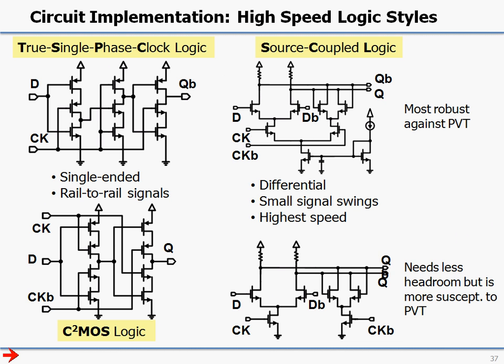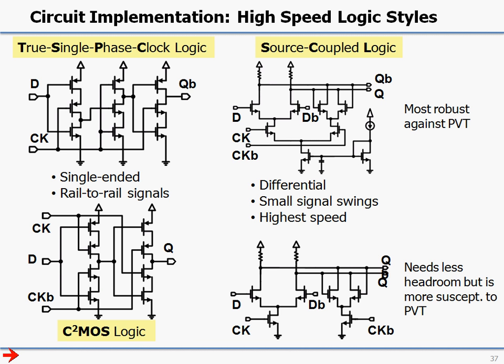So far we have talked about dividers at a logic level. The question now is, how are we going to go down to the transistor level? We have two choices. We can go with single-ended type of circuits, rail-to-rail signals. We can use true single-phase clock logic. We can use C-squared MOS logic. Or we can use more of a source-coupled logic type, which operates differentially with smaller swings and generally operates with